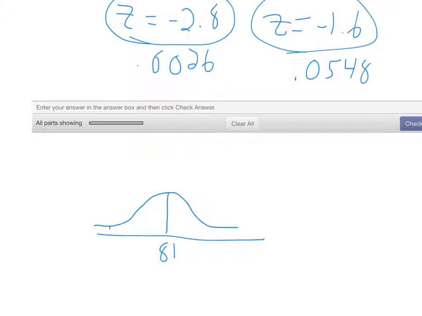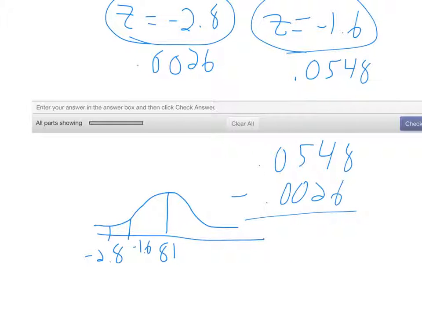So let's say we got a z-score of negative 2.8 here. Our z-score here is negative 1.6. This would be for the value of 73, and this would be the value of 67. We want to find the area between these two. What the z-score in the table does is give you the area to the left of it. The table also gives you the area to the left of this one. We just want this part in here, which is the difference in those two areas. So if you subtract these two numbers, you get the final answer that they want,